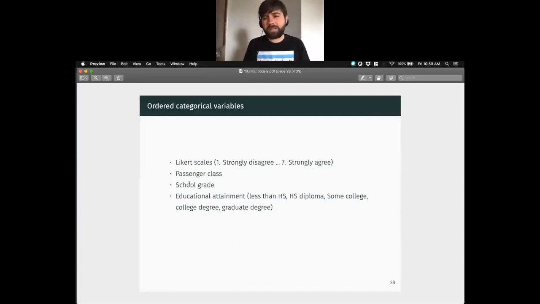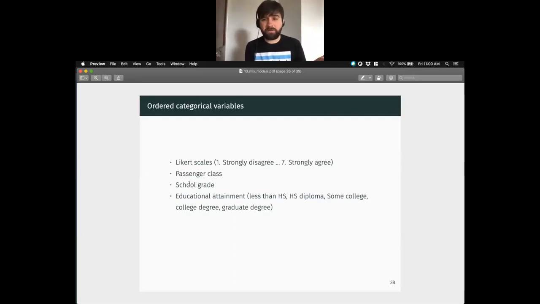In the same way that there might be qualitative differences in educational attainment, right? In terms of maybe the social value, in terms of the probability of attaining them, in terms of the difficulty, in terms of the accessibility, right? That the jump between less than high school and a high school diploma might be way less than the jump between a college degree and a graduate degree, right? I don't know. But these have an inherent order to them, but it's difficult to say that there's a linear relationship. So a lot of times what people will do is they'll turn these, especially these Likert scales, into a